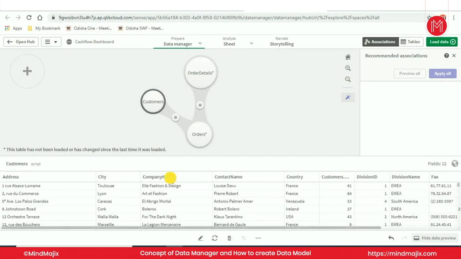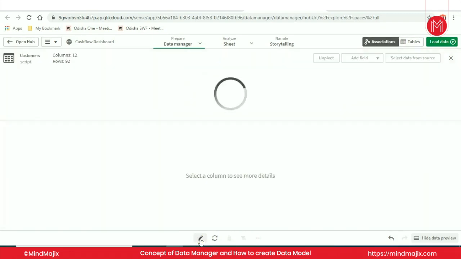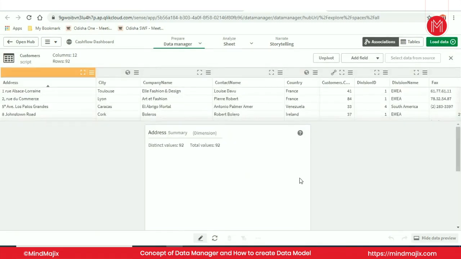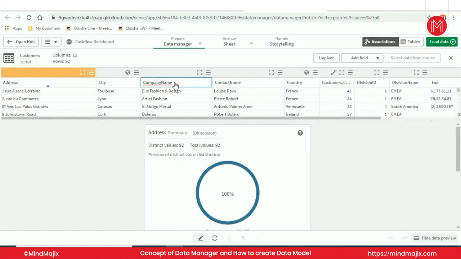So this is company name. I just want to change the company name to customer name. So I'll just edit this one. Select a column to see more details. That customer table will be selected. The company name I can just change to customer. Okay, contact person.